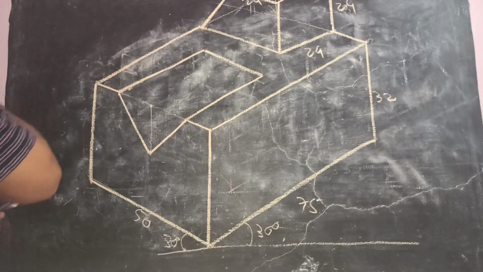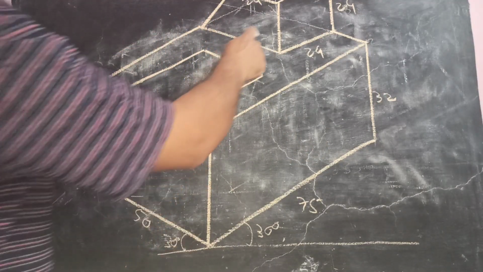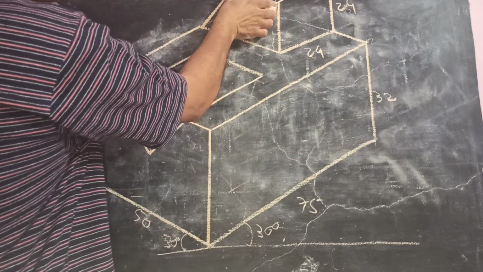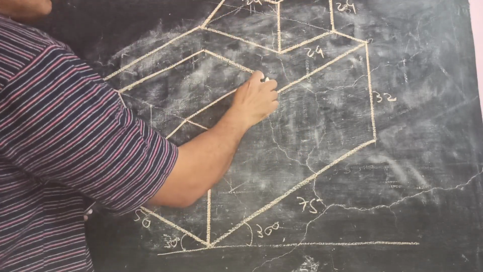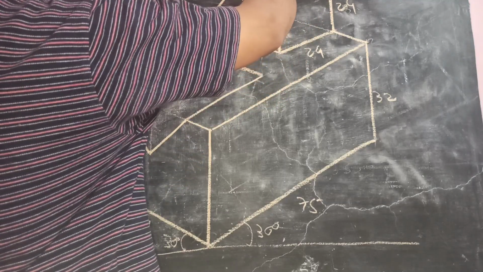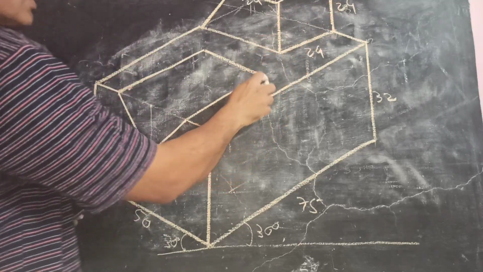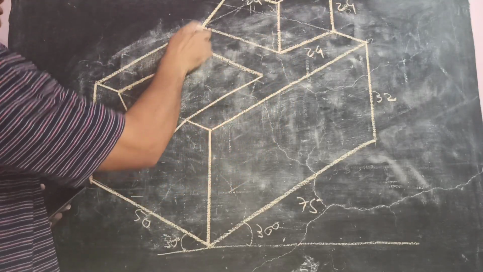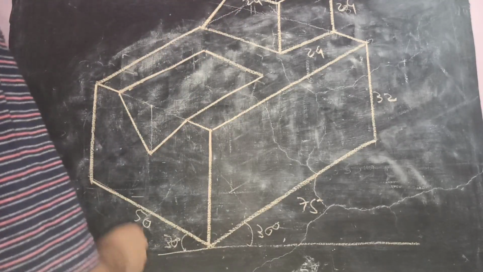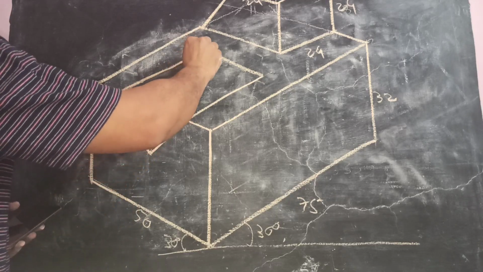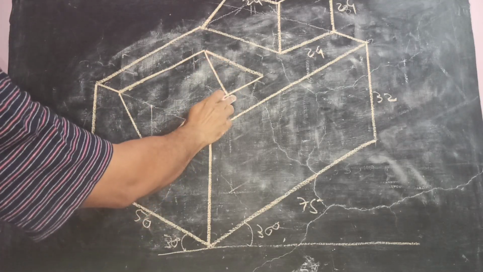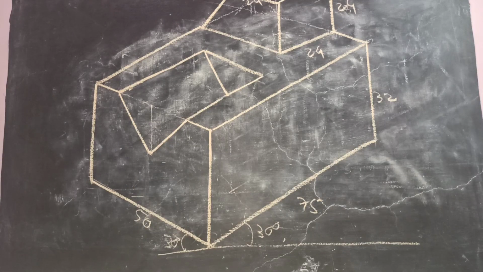So this is the solution. You can find that the height is 24, this is 12. The height is 24, the length is 24, and the width is also 24. So this width must be parallel to this 24. Wherever it ends, form the top of this as a rhombus, and from here draw a line parallel to this to meet this line, and this point and this point are joined to get the inclined surface. So this is the solution. Then from here, there must be a line parallel to this, because the V groove is there. So this is the solution for this particular problem.